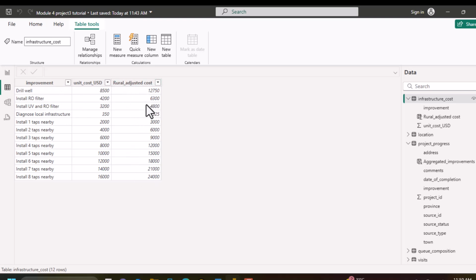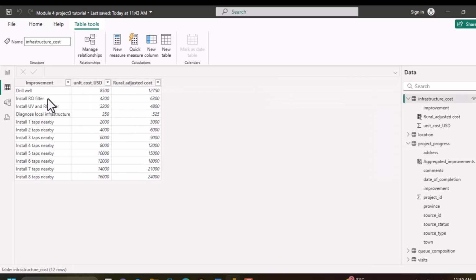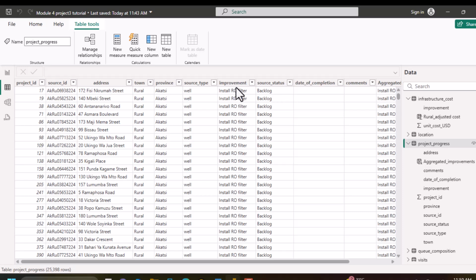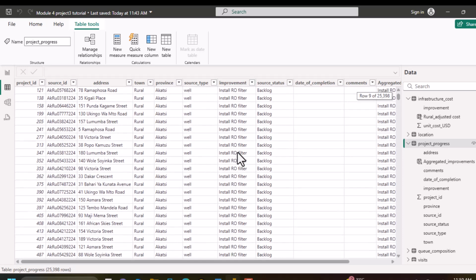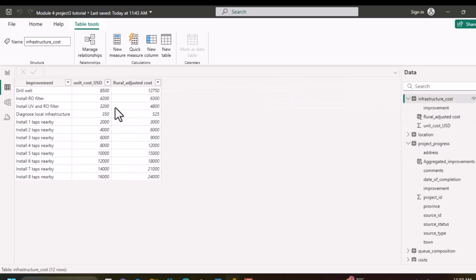But the cost depends on whether the source type is a well or a tap water or whatever. So when it comes here, it will look for the improvement table. So when it sees that it is install RO filter, it will go here, install RO filter, and this one is for when it is not